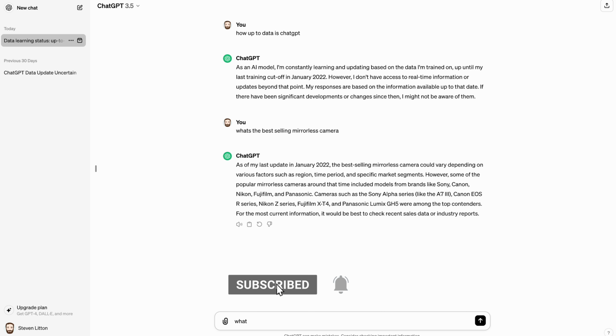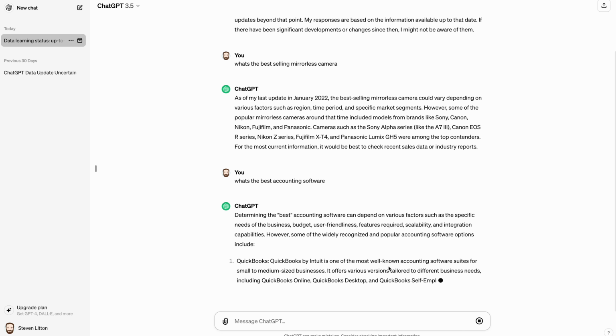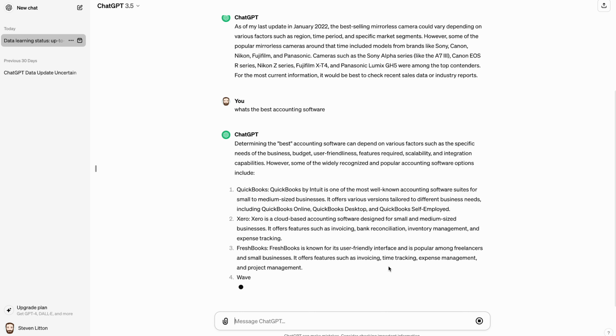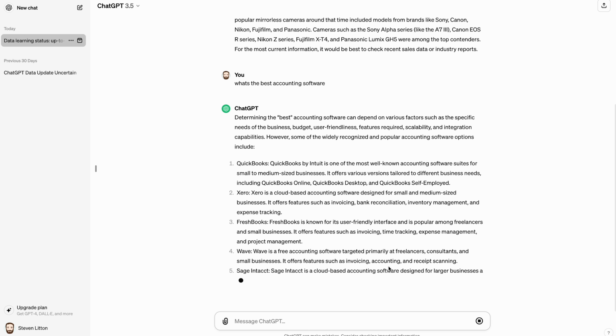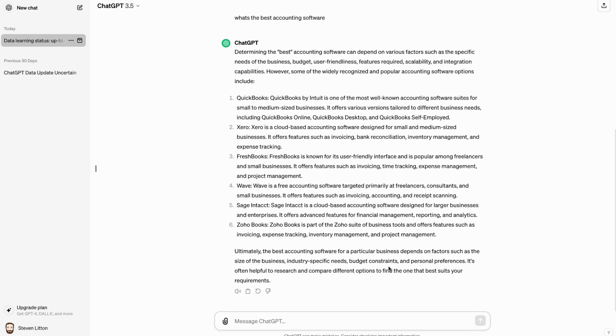But if you ask it things like what's the best accounting software, then it doesn't consider newer accounting software. It just reels off the ones that were around in 2022 and before. So there's a bit of a discrepancy there depending on what you ask it. And I'm not trying to knock ChatGPT. This is obviously just a free version, and you're essentially the product in this sense. You've got this tool to use, but they're essentially using everything you write in to train the AI model.